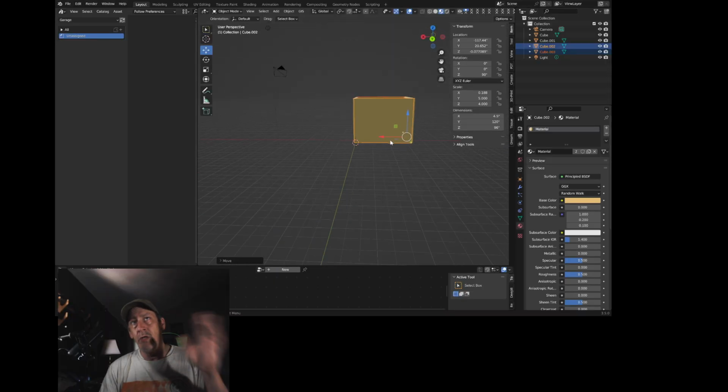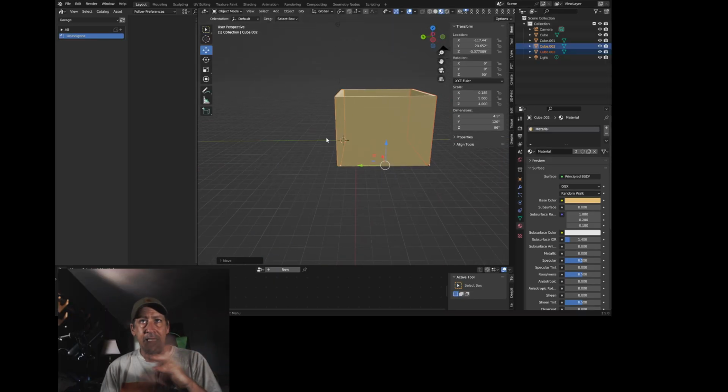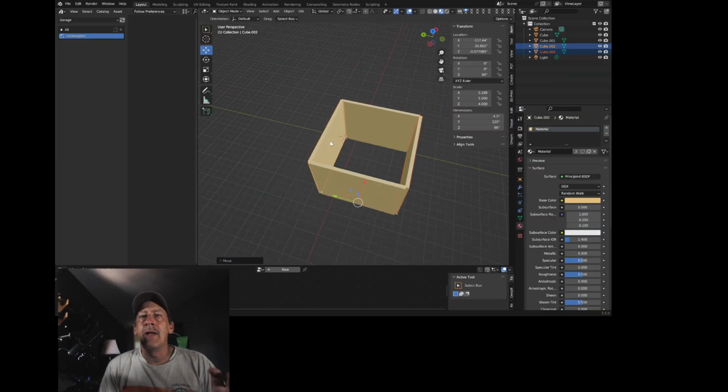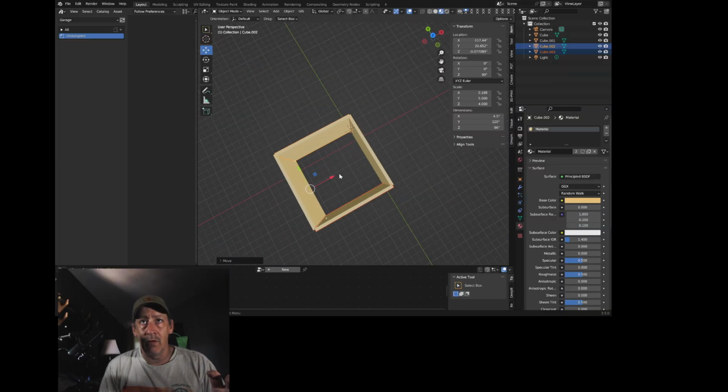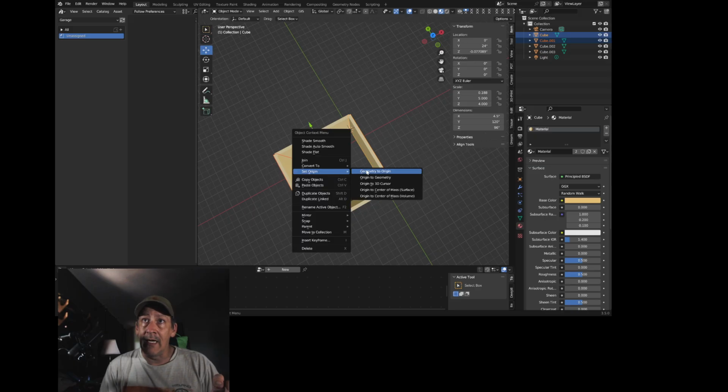I just wanted to show you so you could see, as the cursor moves around in my projects, that's what's going on. It doesn't have to be, though. And like that, where the cursor's not in the center here, if we rotate it around, it's going to rotate both these objects around that point, not the center of this. If we want it to go to the center of this, we're going to need to make it to where we have the